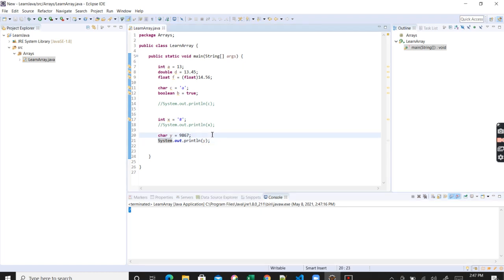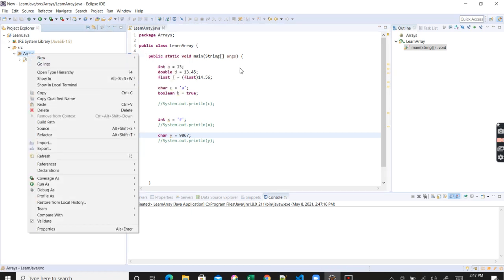Okay, now this was the simple concept of variables. Now what we will do is we'll jump into arrays. So let me just comment out this, or why don't I create a new class altogether?